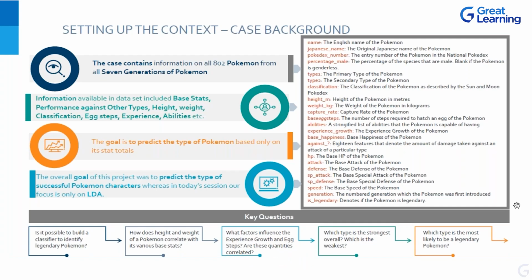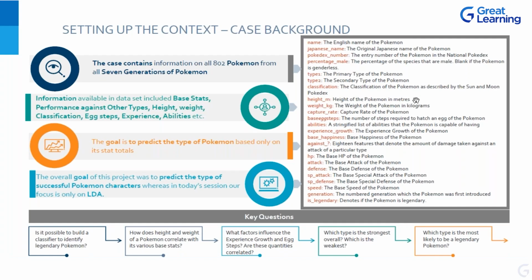Now, I'm going to take you on to the data as well. But before we jump onto that, I just want you to get familiar with certain important data components which were there in our data set. So simple names like the English name of the Pokemon, the Japanese name, the Pokedex number, which was kind of the index given based on the number they were entering into,